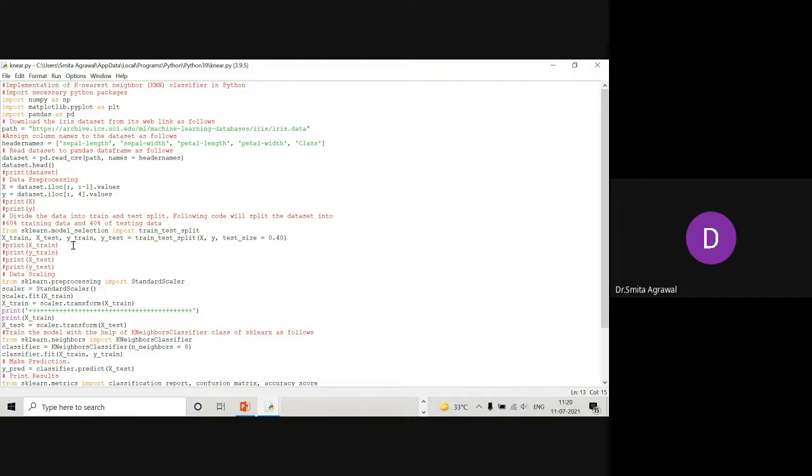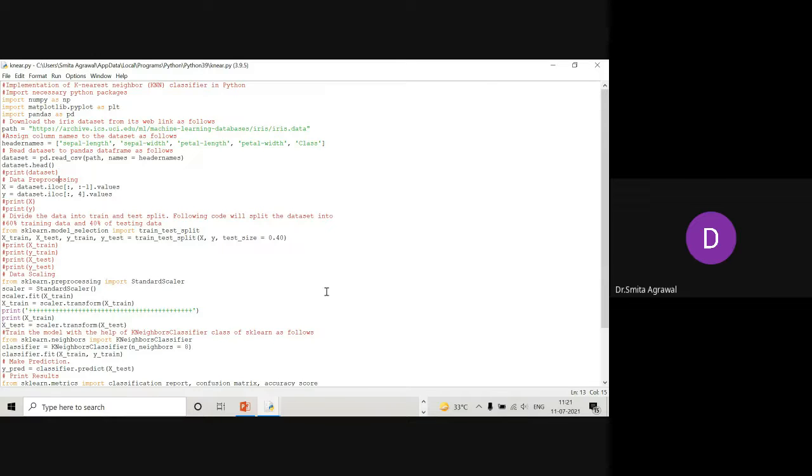The next step is X_train, X_test, y_train, y_test equals train_test_split(X, y, test_size=0.40). That means the data set is divided into training and testing data sets, where the training data set is 60% and the testing data set is 40%. The next step is from sklearn.preprocessing import StandardScaler.